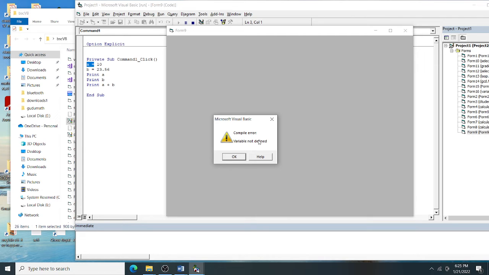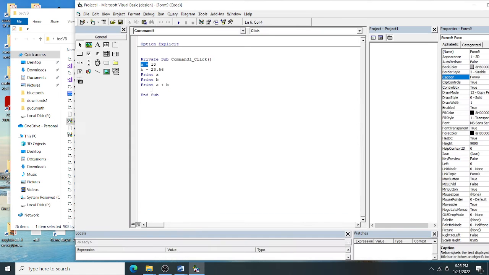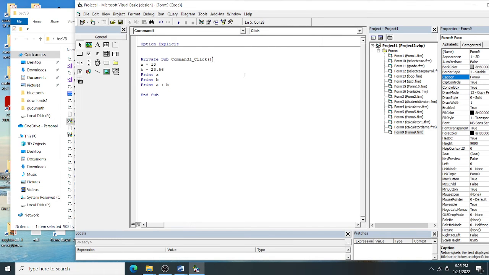As I told you, Visual Basic does not force you to declare variables, but it is not good programming practice to go without declaring them. So we can make it compulsory to declare the variable if we type Option Explicit at the top of the code window, in the general declarations section. What I have done so far is called implicit declaration.